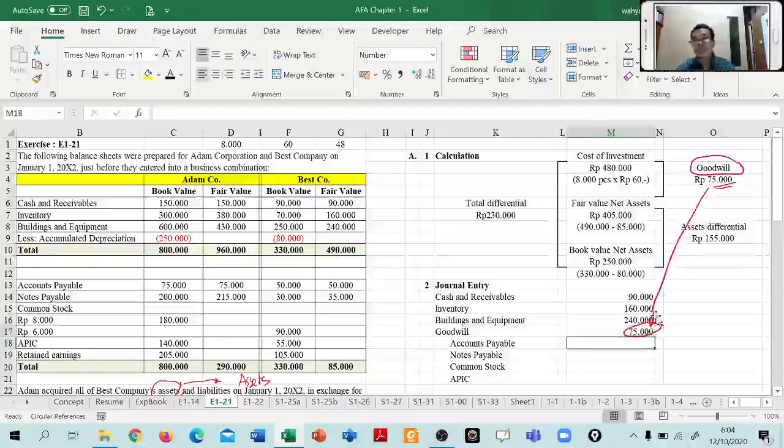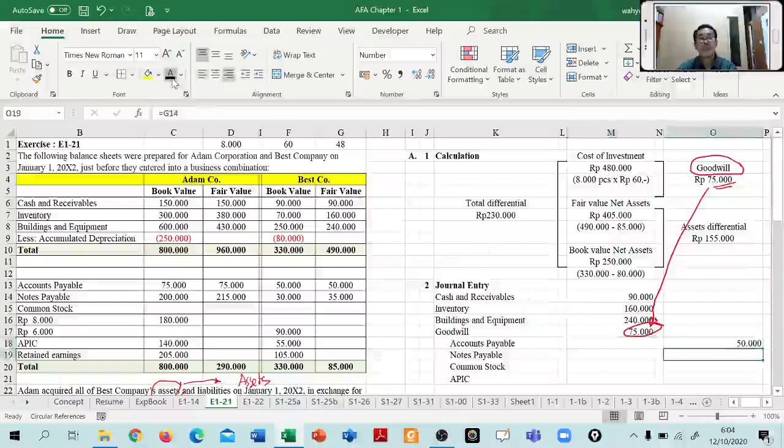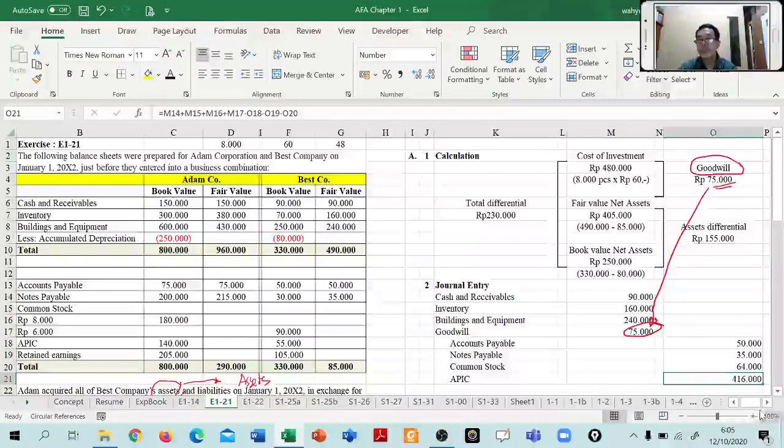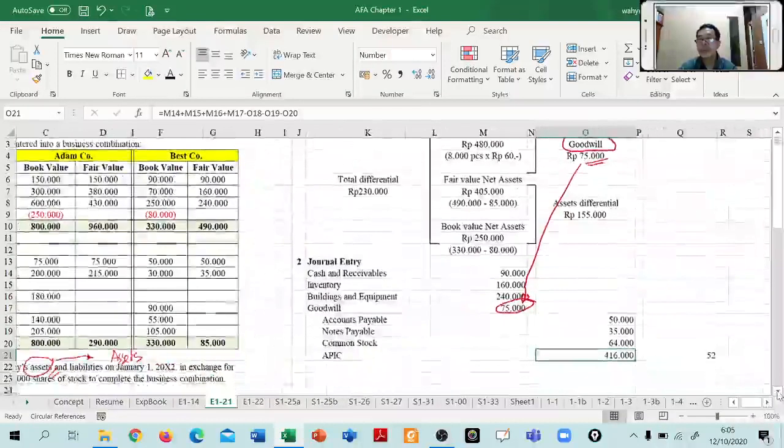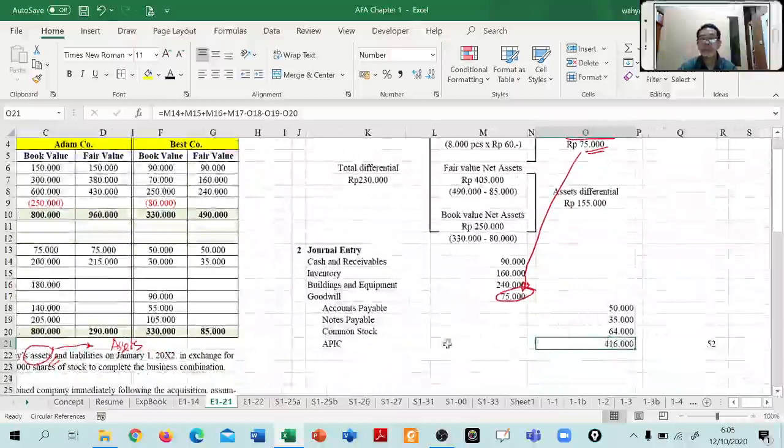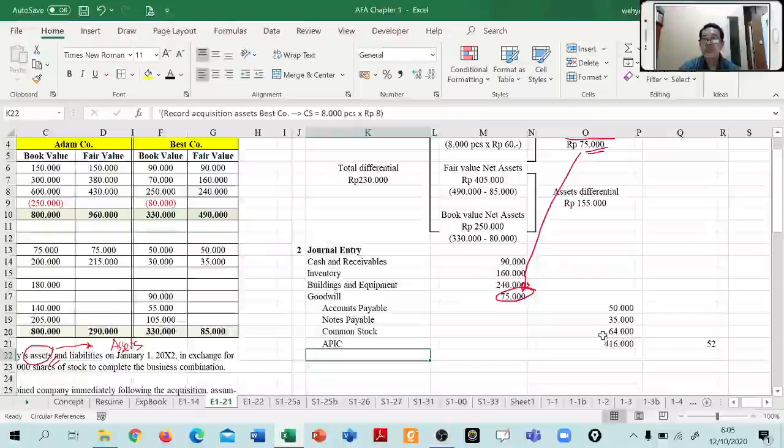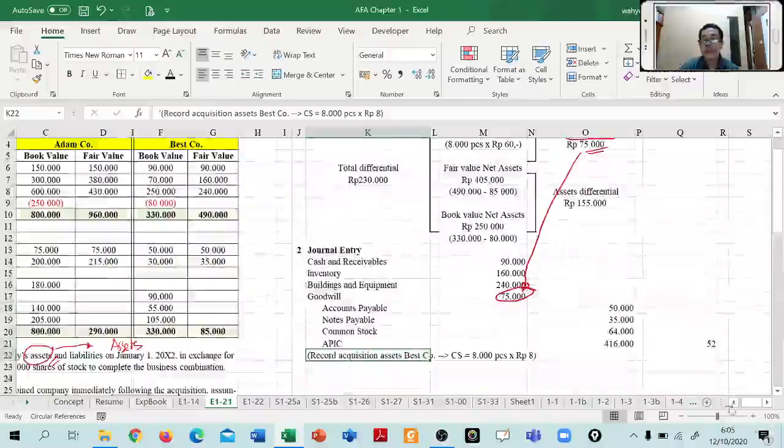Okay, next account payable. Then notes payable, common stock, and additional paid-in capital. And don't forget that common stock comes from the number of shares times par value. Common stock is 8,000 times 8 rupiah, or $8. Okay, next,